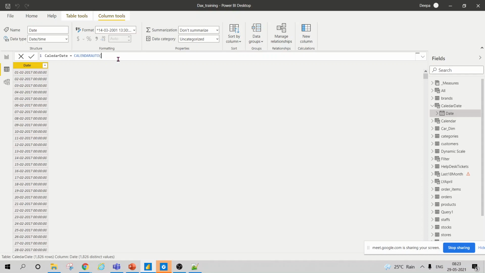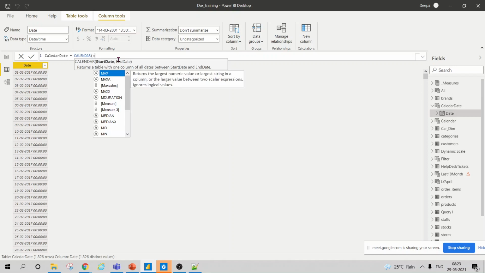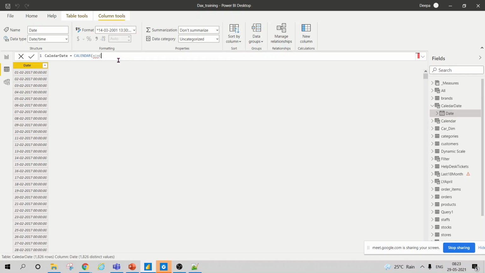Like whenever you want to join multiple tables on the basis of your dates, obviously you will like to take all the dates from those tables, from minimum to maximum. Generally, it's a normal thing that the order date is always less than the shipment date, right? We agree on that. Yes, Deepa. Yes.